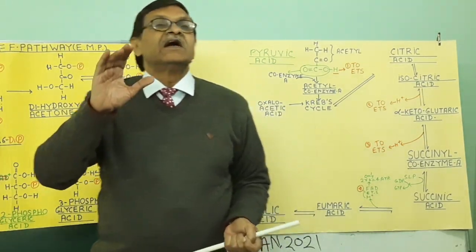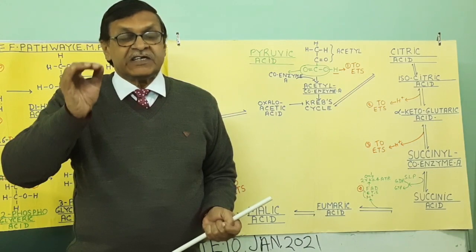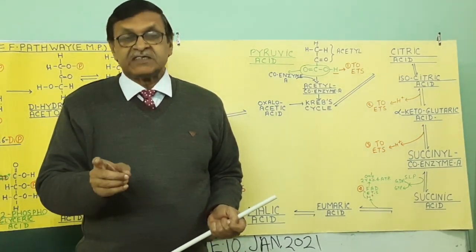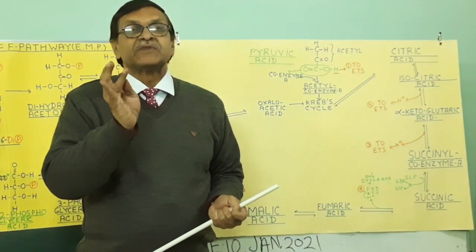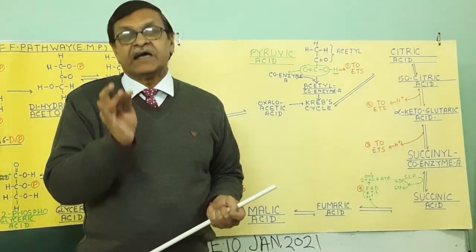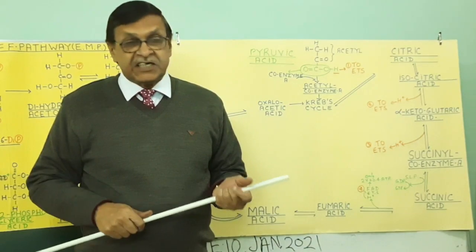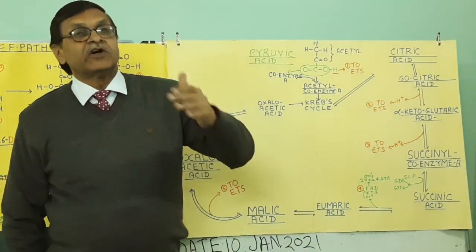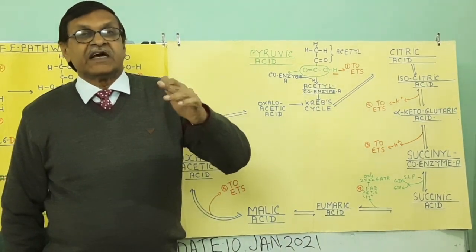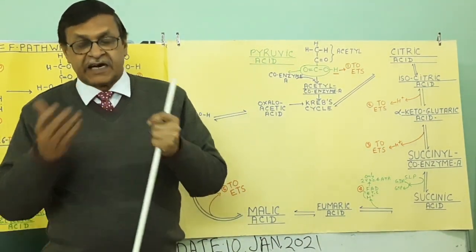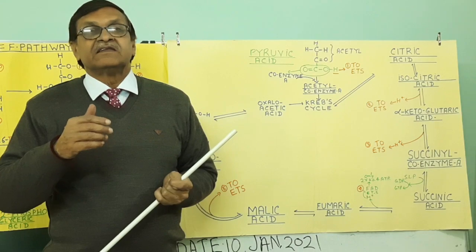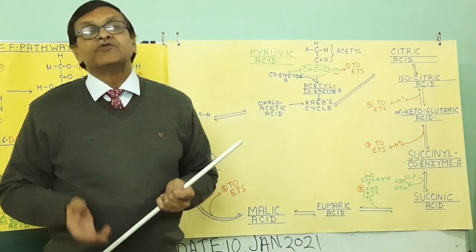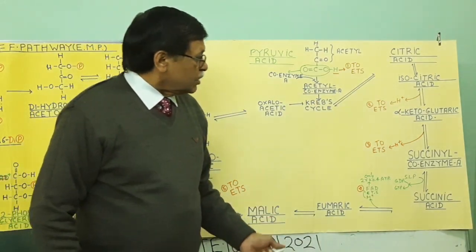So first of all, we have to understand what are the crucial steps in between glycolysis and Krebs cycle. We discussed about phosphorylation, electron transport chain, and ATP. And we discussed that from glucose, one by one hydrogen atoms come out, they ionize, and then their energy is utilized in phosphorylation of ADP to form ATP.